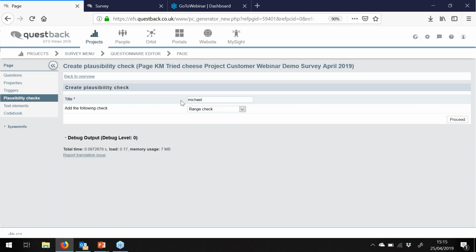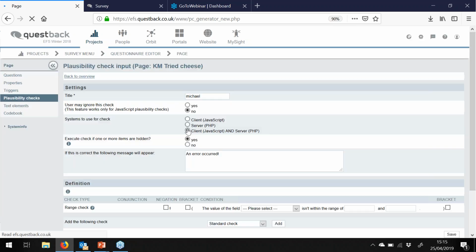Very useful. Fantastic. So let's pretend we're doing a range check here. Click on proceed. And then on the next page, it says users may ignore this check. So in effect, can they override it and say, no, my data is fine after all. It may be your question that is wrong, which can be quite a handy feature to put in. And then it's asking who is going to check this? Is it going to be client side, i.e. your computer in effect is making the check, or is it done on the server at the Questback Towers,